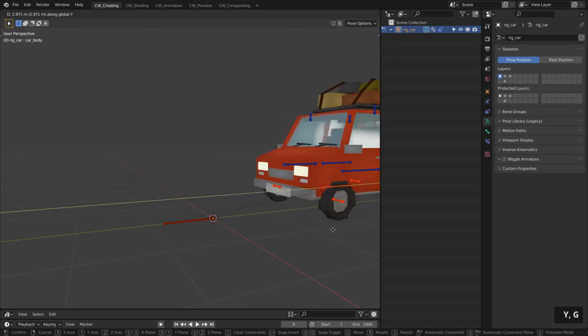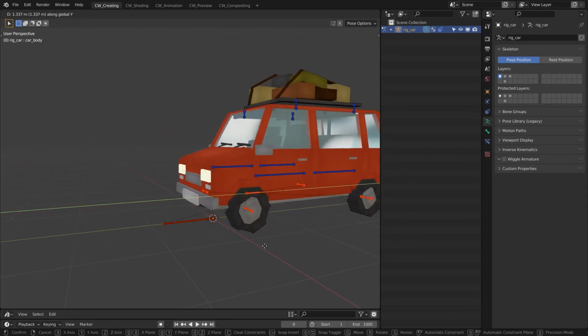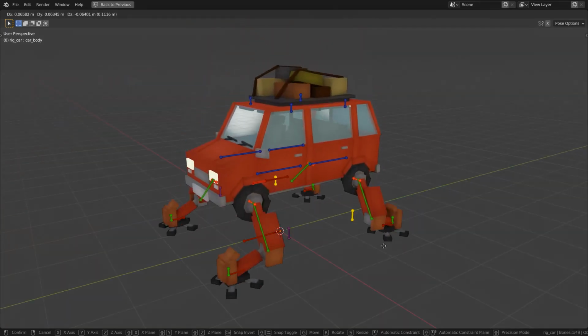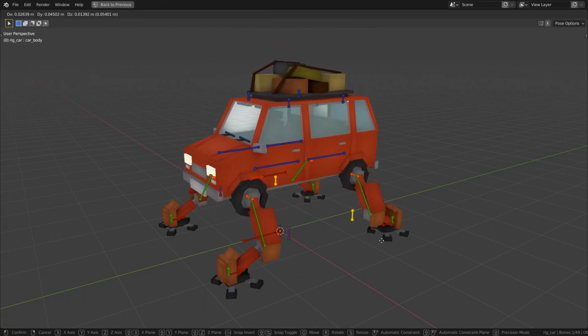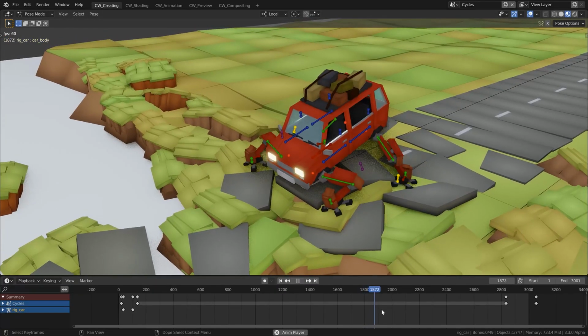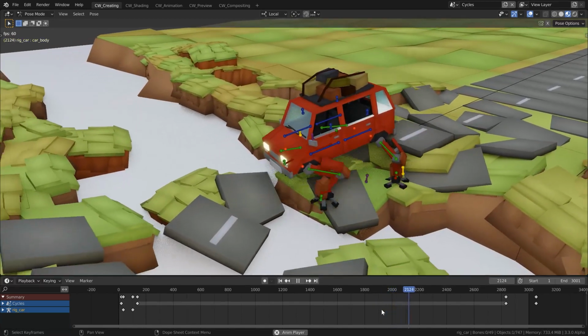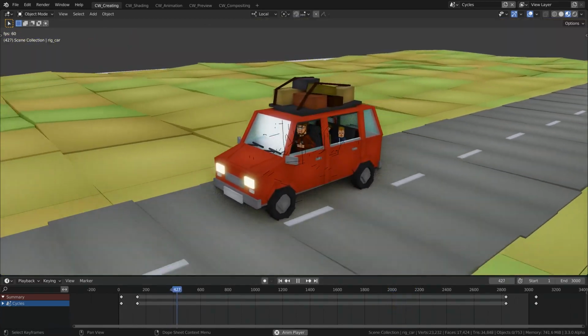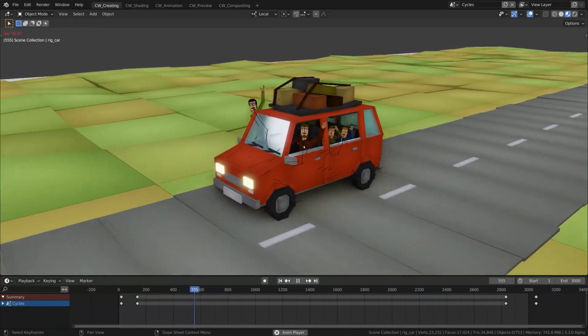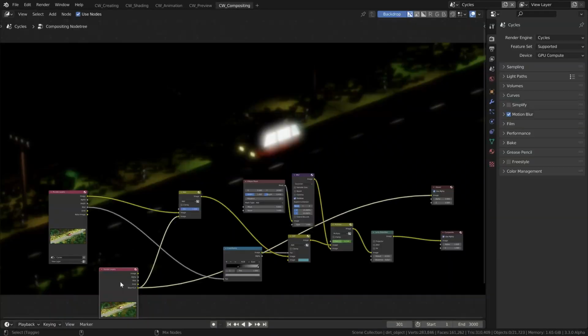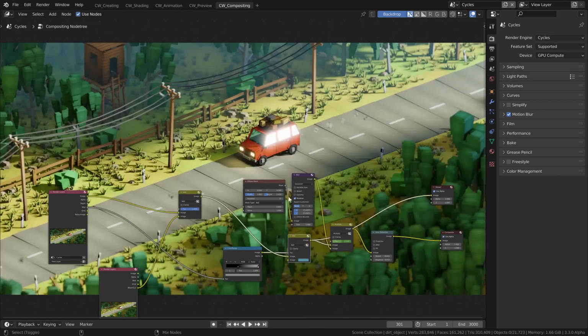The car rig is what we will analyze next, since it has some special features like the ability to transform its wheels into legs. After that, we take a look on how the car animation was approached by dissecting it into different animation phases. Additionally, we take a brief look on how the 4 characters were animated while sitting in a moving car. To wrap it up, we take a look at the camera animation, the rendering settings and the